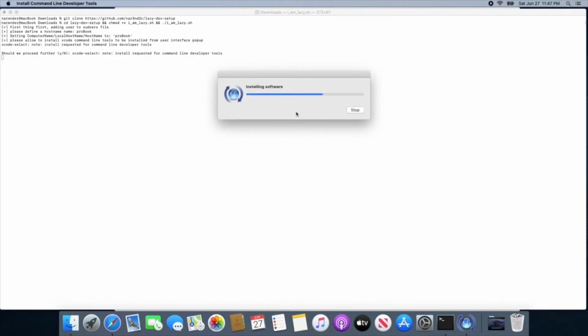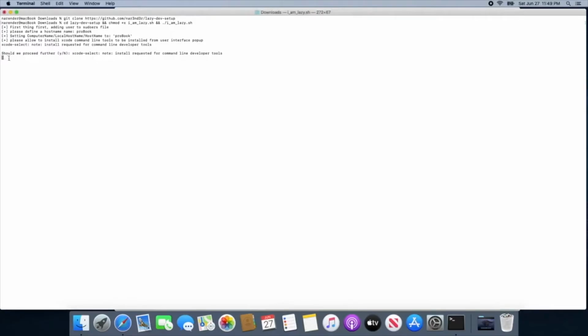This will probably take a while, so I'm going to skip this part real quick and I'll come back when the Xcode command line tools are installed. Alright, so the command line tools are now installed. Hit done. And as you can see, the script was waiting to proceed further. We'll simply say yes,